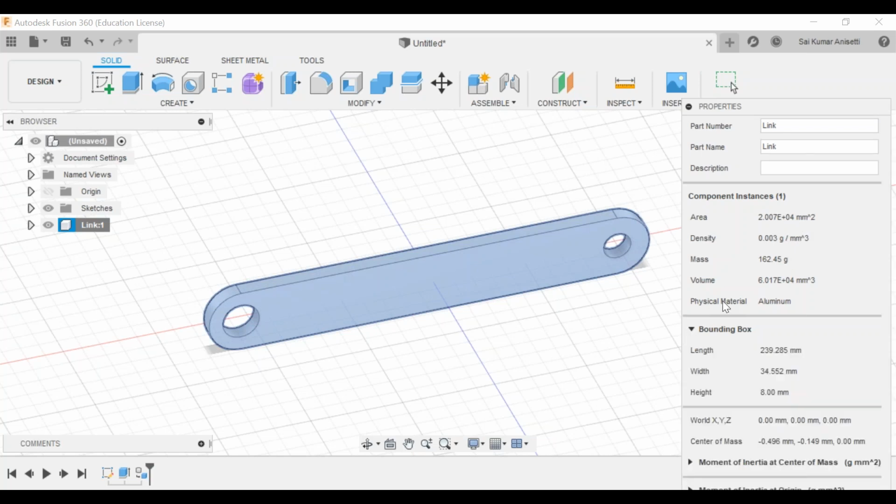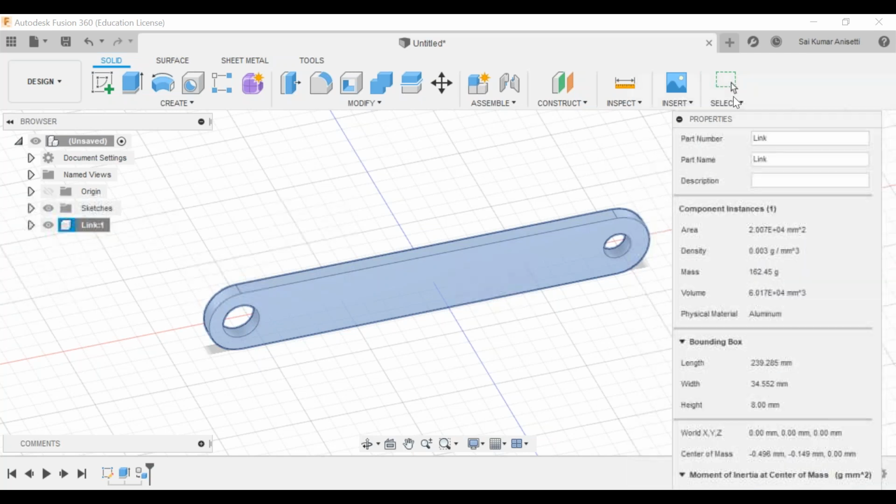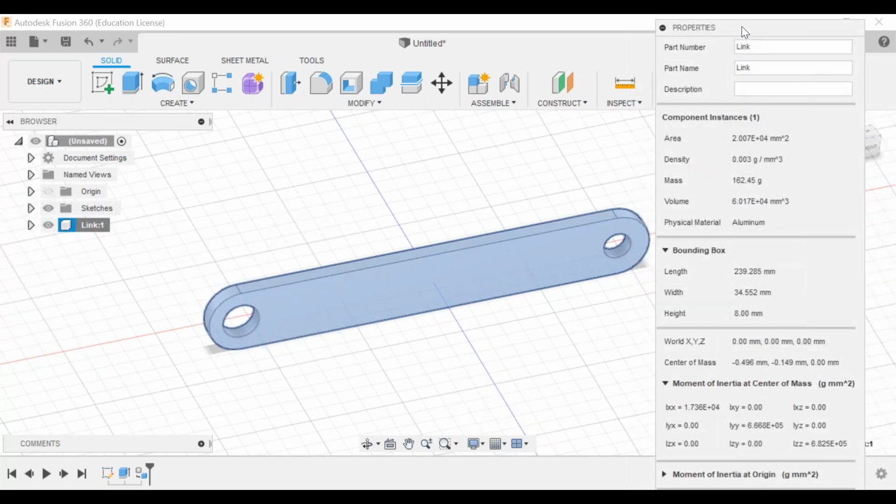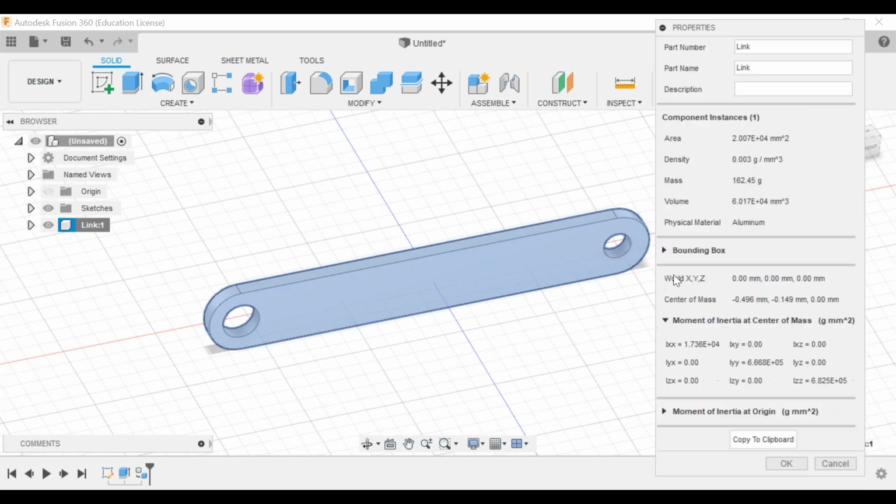So now let us see the bounding box. What is the overall length, overall width, and overall height of your entire part? Calculate length, width, and height and you'll get your volume. That is as simple as that. And you can get your center of mass, or CG. You can calculate your moment of inertia. My window is getting very slow. Okay, fine. If you close the bounding box, you can see moment of inertia.